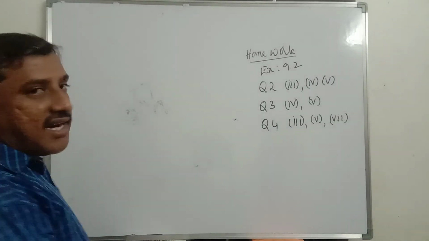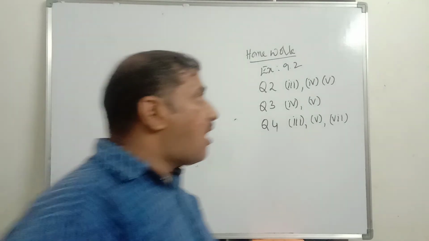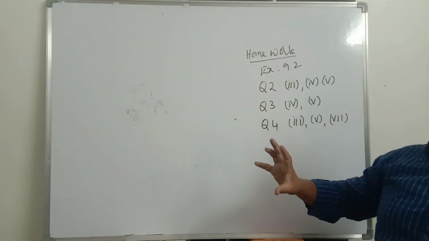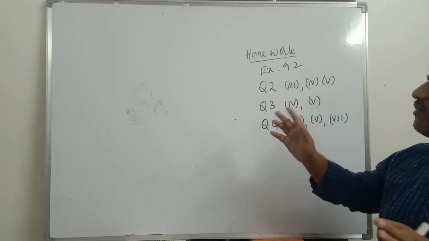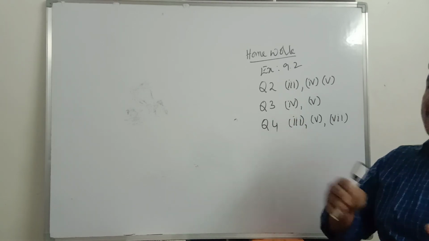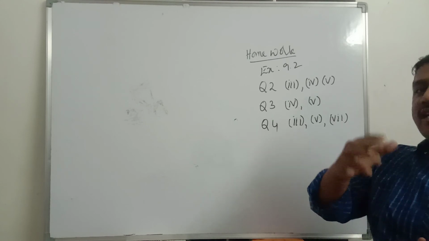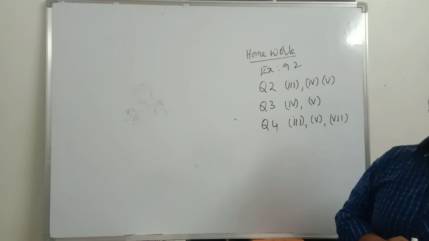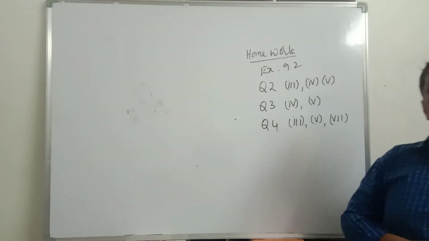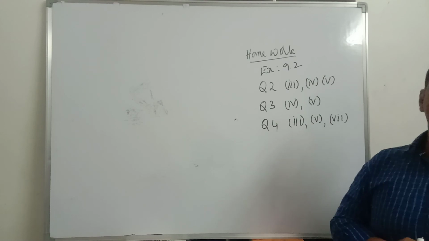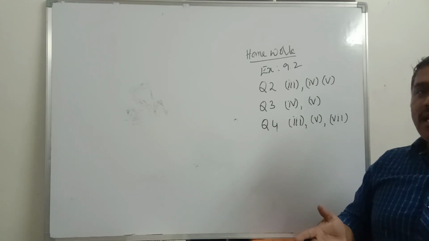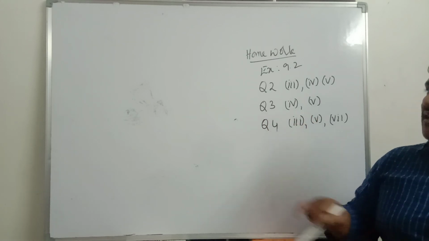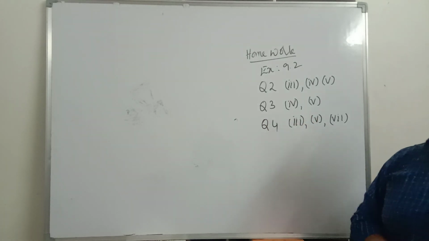I hope you understand today's concept, that is operations on rational numbers: subtraction, multiplication and division. So what we studied in this chapter, rational numbers. What are rational numbers? What is the need to identify rational numbers? Positive rational numbers, negative rational numbers, standard form of rational numbers, comparison of rational numbers, and we also studied operations on rational numbers. I hope you understand the whole chapter and today's concept.